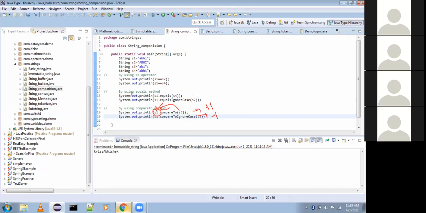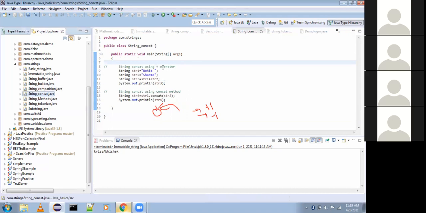Coming to the concat operation, there are two ways to concat two or more strings. I created two string objects, str1 and str2. I stored Rohit and Sharma, and by using the plus operator, I appended the strings.